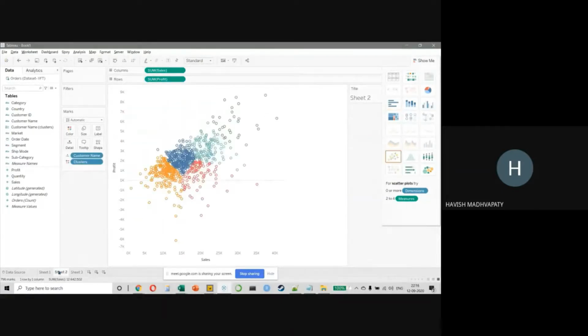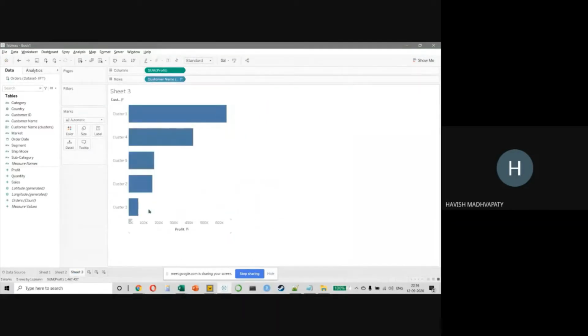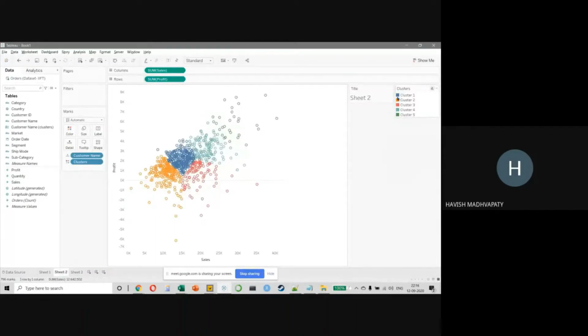Just compare it. Your cluster 3 here, which is your red, is very bad. Despite the fact that they are higher on sales compared to the orange guys, which is cluster 2, their contribution to the business overall is actually negative. And that is something you have to be careful about. Only 65,000, which is the best, is 1 and 4, which is this, not these guys.